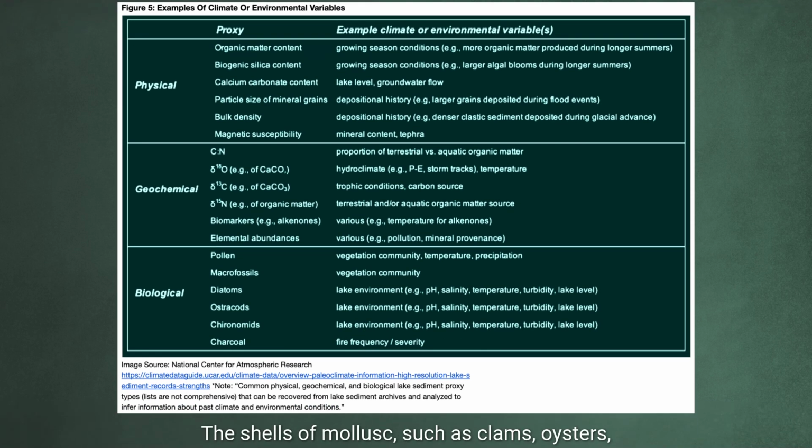The shells of mollusks, such as clams, oysters, and snails, contain shell carbonate, CaCO3, created during shell formation as the mollusk extracts calcium, Ca2+, and carbonate, CO3 ions from the surrounding waters. The shell develops bands as it grows, providing a chronological record of its growth and reflecting variations in environmental conditions such as temperature, food availability, oxygen levels, and salinity. These bands provide a continuous record of environmental changes over their lifespan, allowing for precise dating and seasonal resolution of